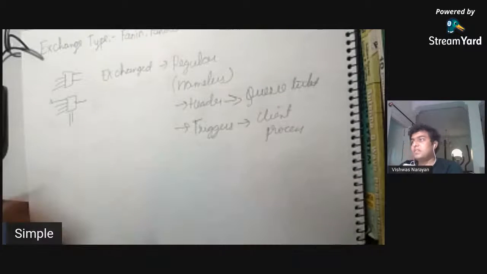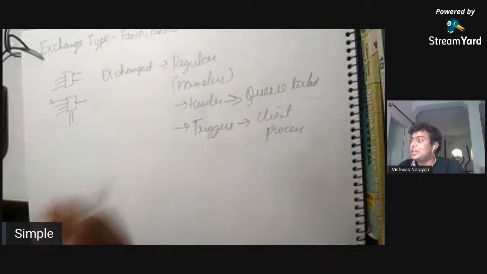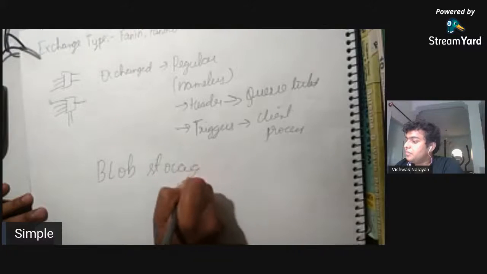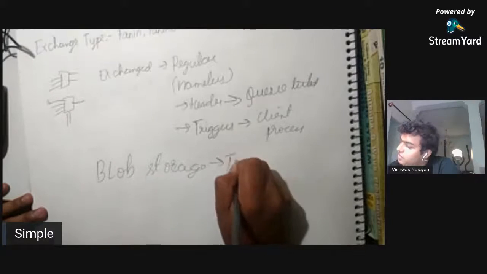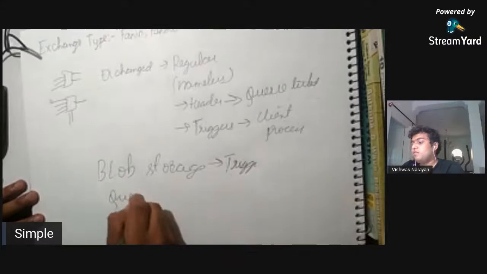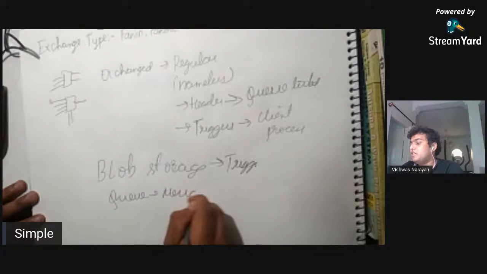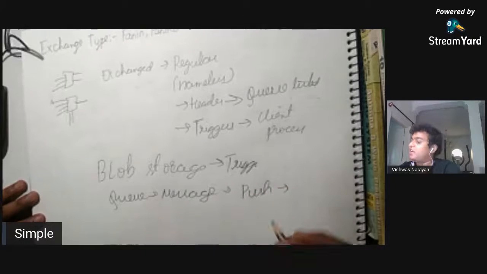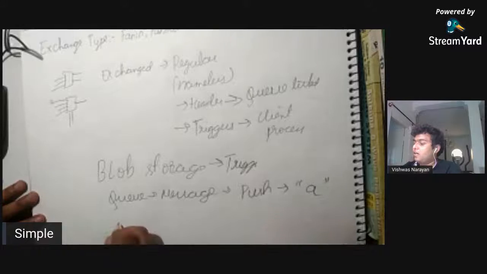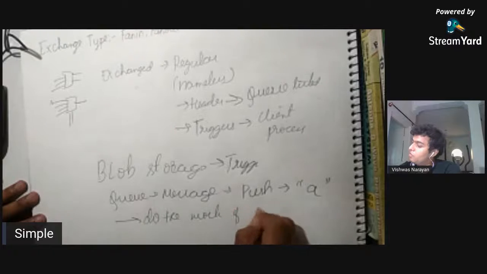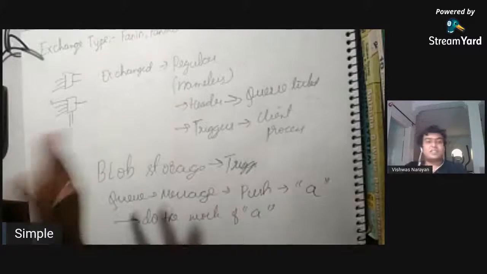I can actually give you another example where Azure Functions has something called a blob storage trigger, where anything that goes into the blob storage will trigger a function in such a way that this function needs to happen if there is one. So queue triggering, what I said, is where if a message pops up in the push method, if the client gives some data, let me just say A, do the work of A. So this is how things are.